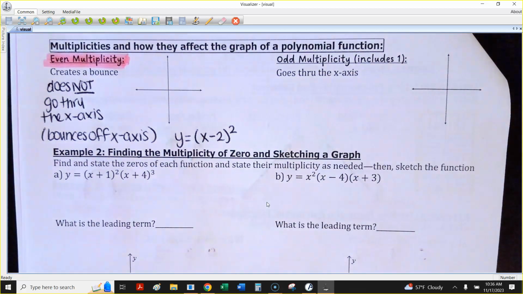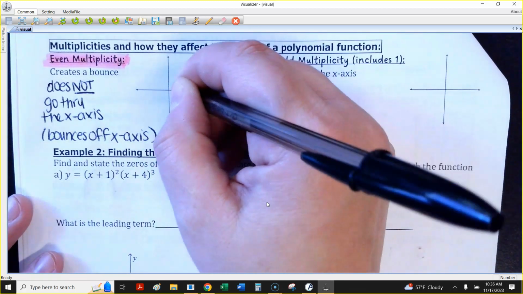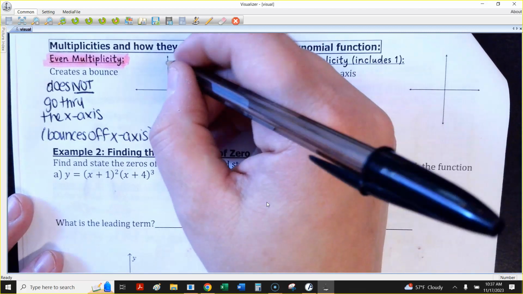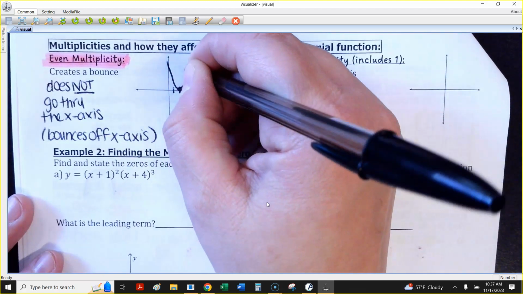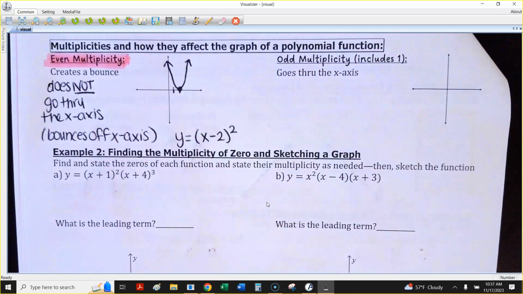That would just be a parabola, but I'm just going to show you guys what this would look like. So at positive 2, I would touch the x-axis, but I would bounce back the direction I came from. So I'm just going to sketch on this little tiny graph here. I'm just going to go over 2 spots, but the end behavior would be up, up, because that would just be x squared. But I'm not going to go through the x-axis, I'm going to bounce. So it kind of looks like a little parabola when it touches. If it's a bounce, it just curves back and goes back, touches the x-axis, and then bounces back the direction